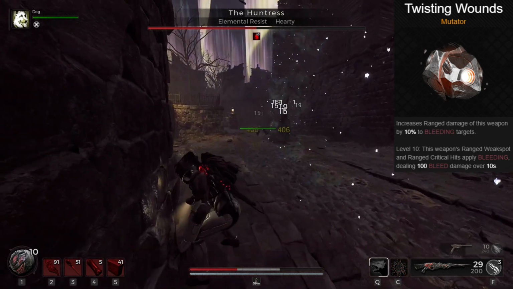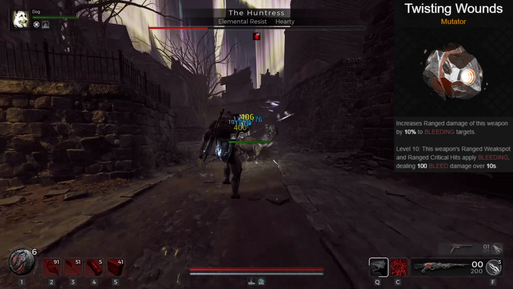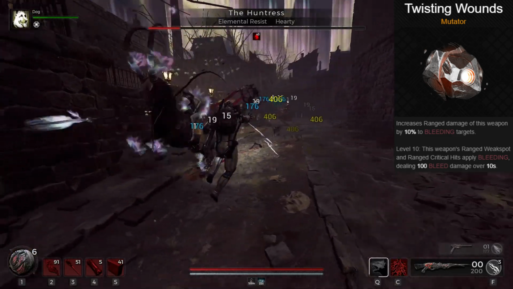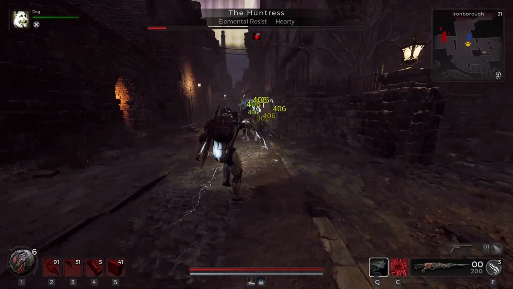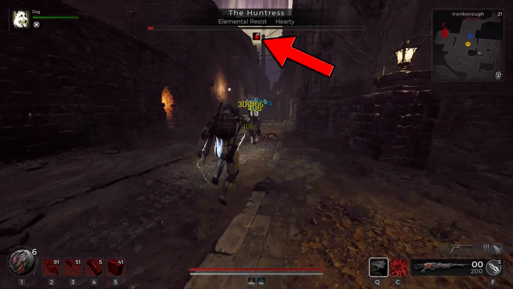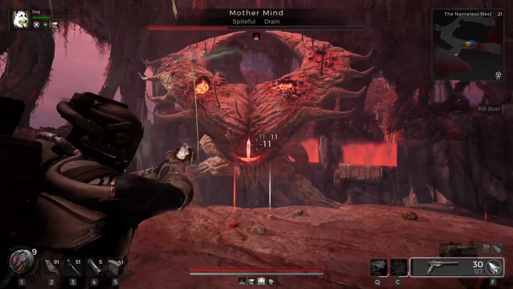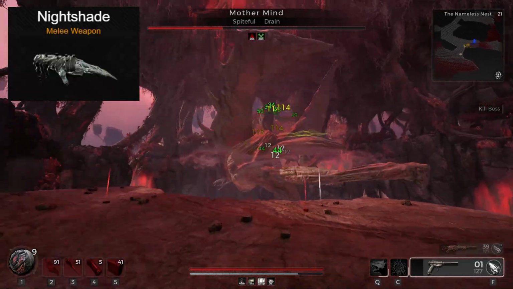This will allow the gun to proc 2 separate stacks of bleeding. Bleeding on the enemy gives us more damage due to an amulet and makes for some nice overtime damage. Add in the dog, who can also bleed, and you might have 3 total stacks of bleed on any enemy. When it comes to melee, run whatever you want because honestly we don't melee much, but I chose the Nightshade